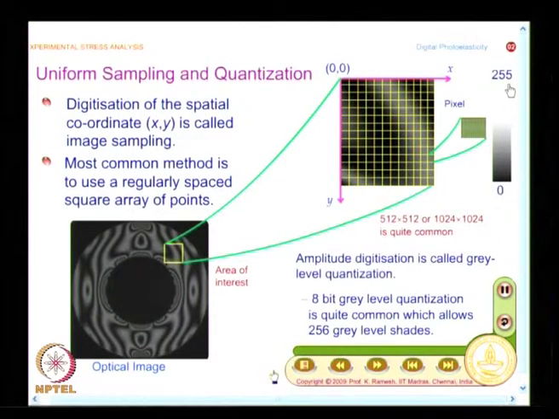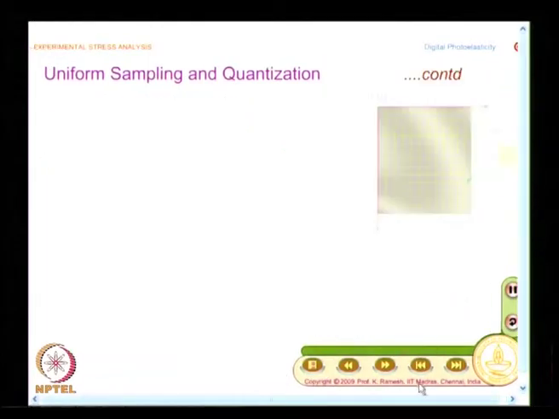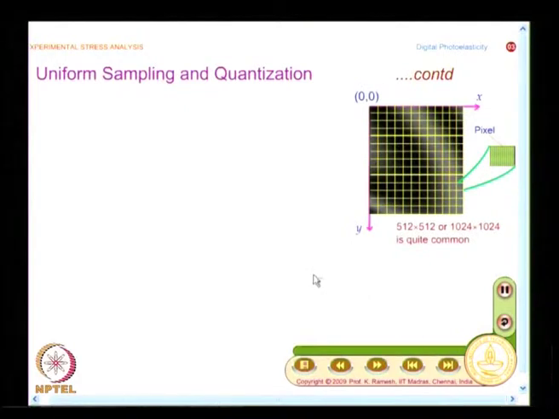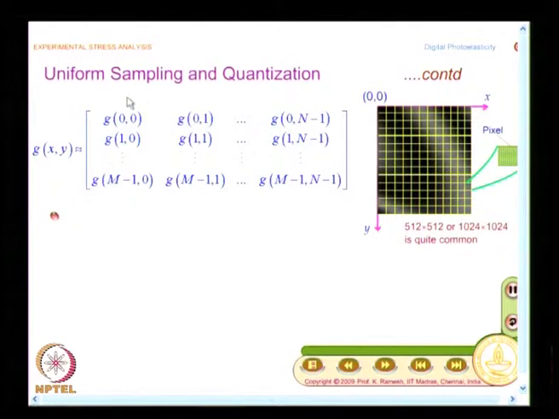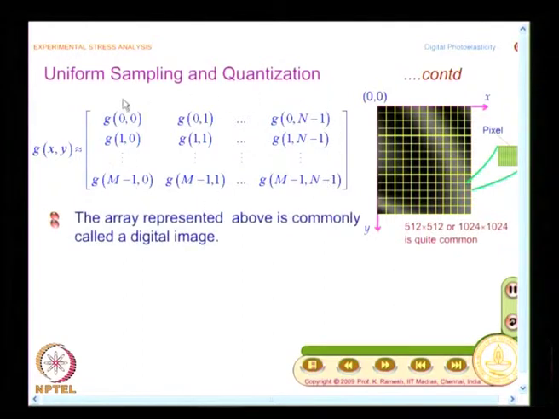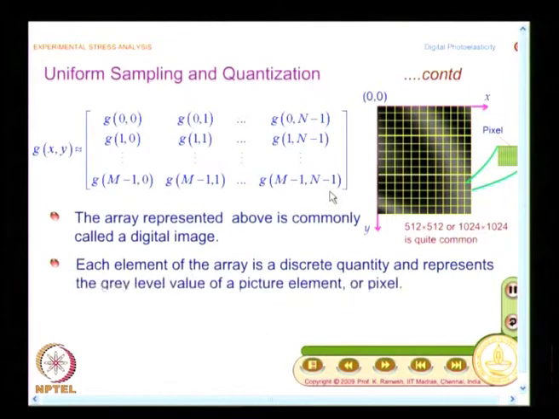If you are processing a negative, it will give the light transmitted, and if you are processing a positive, it will give the light reflected. So, at the end what you get by using a digital camera is intensity data at video rates. That is the advantage. So, what you have here is, finally you get an image representation. This is essentially a matrix of integers,